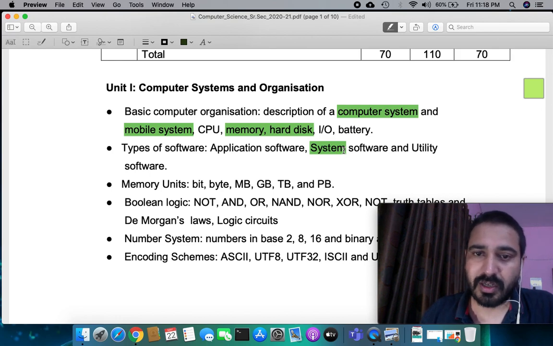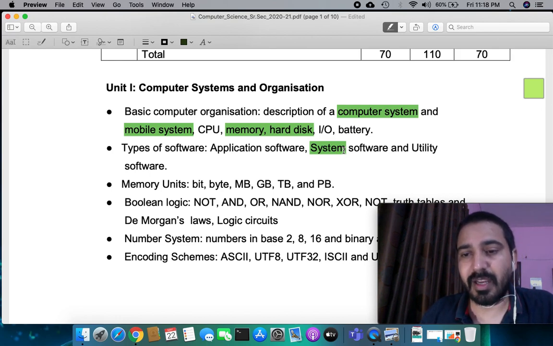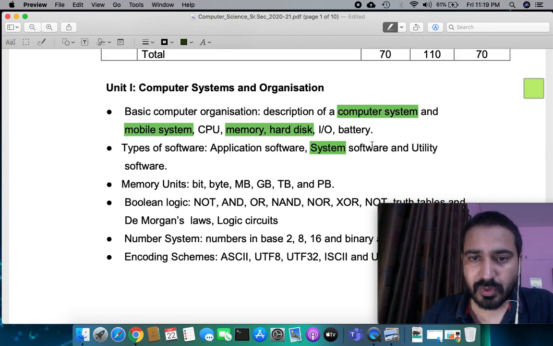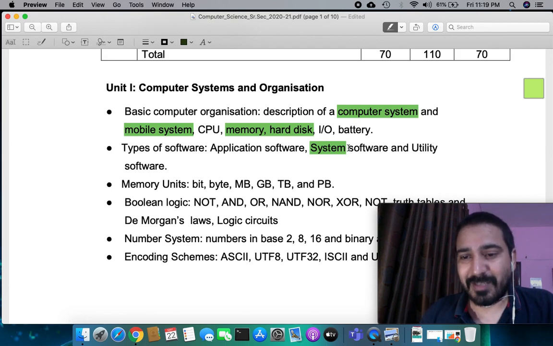If you are talking about a mobile, it's probably Android. If you are watching this video on your laptop, that might be Windows, or Macintosh if you are using an Apple laptop. Or if you are using Linux, most probably that would be Ubuntu. So this operating system is system software. If you are using a Raspberry Pi, in that case you might be using Raspbian, or some lower version of Debian. We can discuss that later in some other lecture. So this is system software.